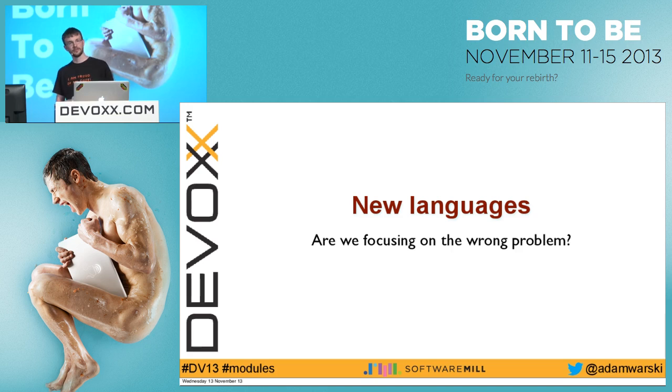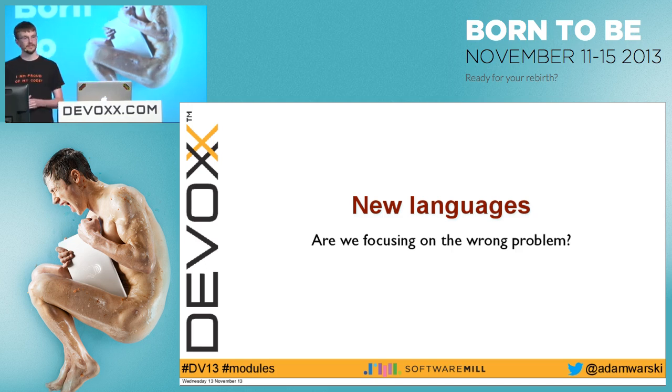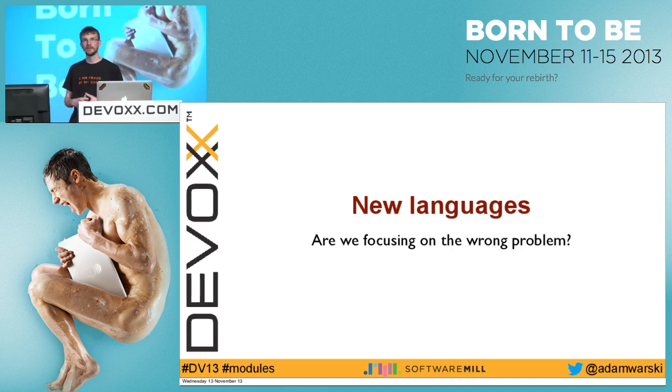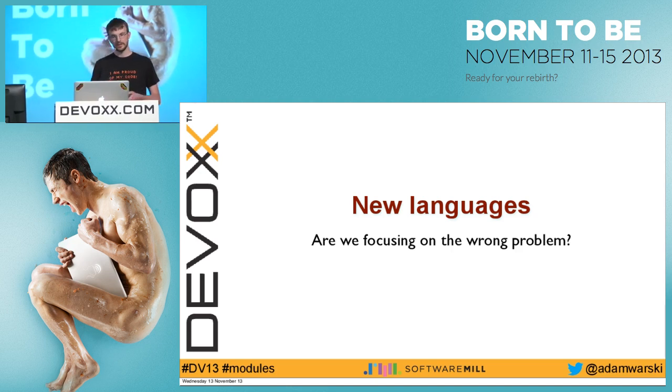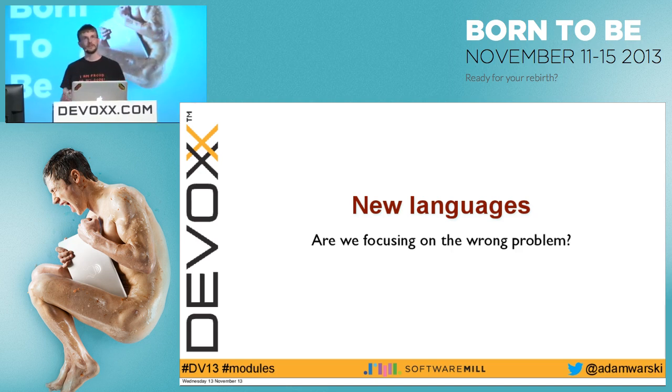So apart from that, what maybe you could take out of this talk is a question. There's a lot of new languages. There's almost a new JVM language every week. And if it's not JVM, it at least compiles to JavaScript. So when you look at these languages, when you read about these languages, and even when you compare these languages, what we most often look at is, for example, things like, hey, I can sum up a list of integers in one line instead of 3 lines, or this takes 10 characters less to write.